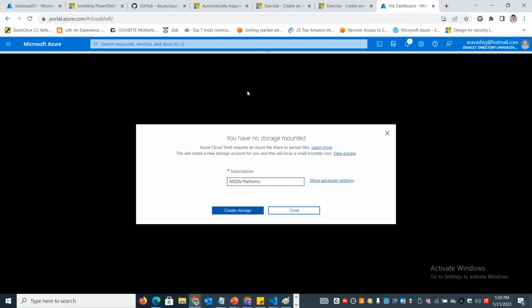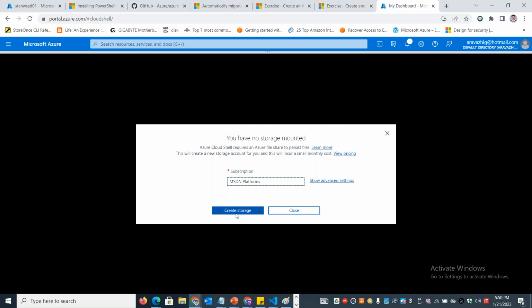See, if you are working in the Cloud Shell, they are providing you a virtual machine for free of cost. But whatever script you are creating or whatever content you are writing, that should be persistent, right? You need to have access to those scripts or content when you get reconnected to the system. So the virtual machine or the container that gets created when you launch the Cloud Shell, that is for free. It is not a full-blown VM. They will create an Ubuntu container or a kind of temporary container for running your commands or storing your files and so on. But since the container is temporary, they are giving you a storage account to store whatever contents